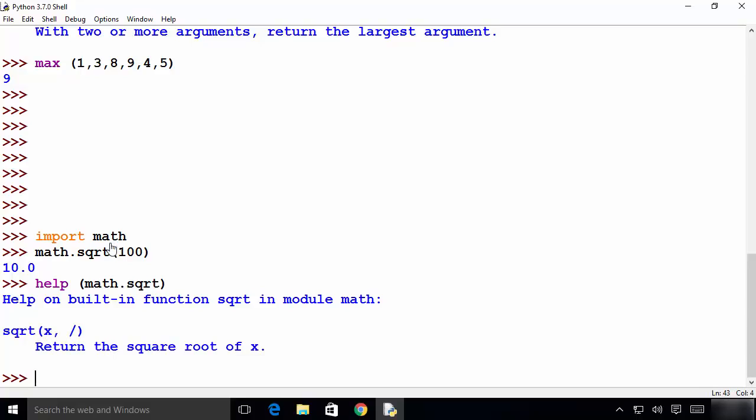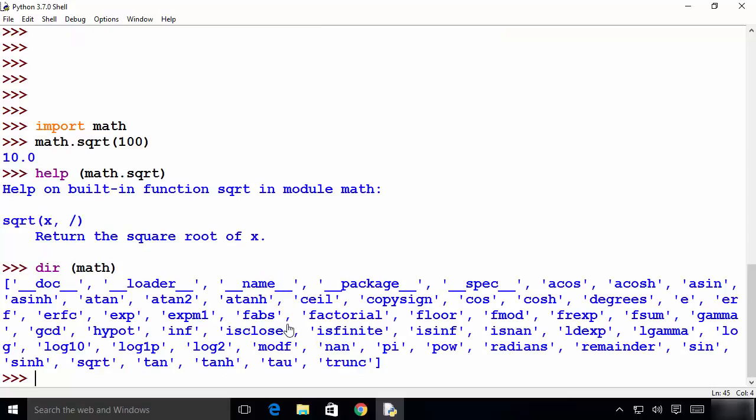Now if you want to print all the methods and types available inside this built-in module, you can once again use the built-in function dir, and then in the parentheses write the name of the module. This time we will write math here and press enter, and it gives me the list of all the functions available inside this math module. You can use the cos function from here, pi from here, radians or tan from here. So this is how you can use built-in functions and